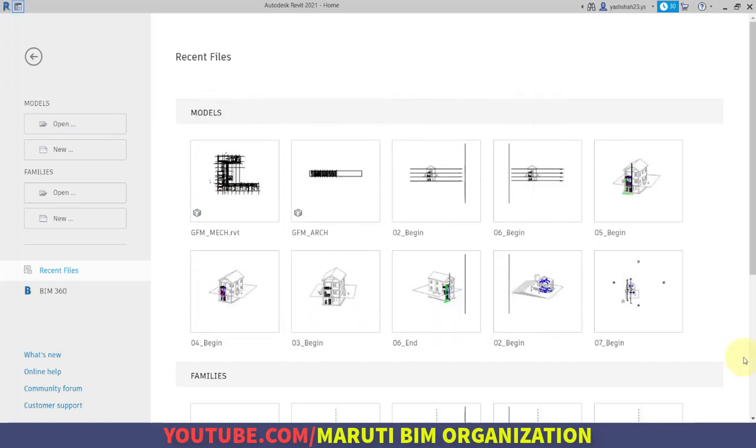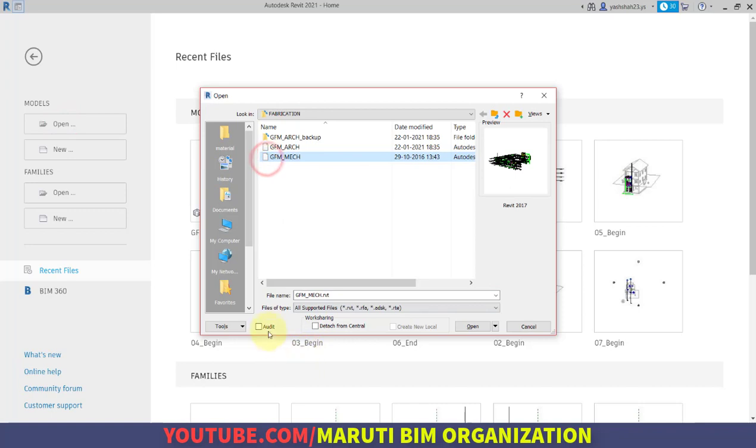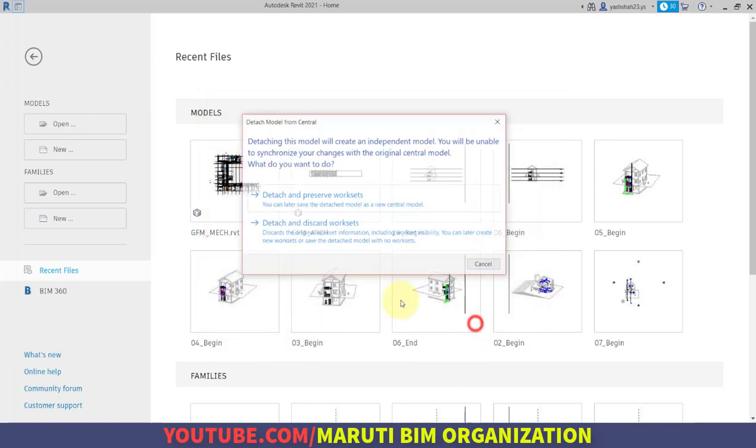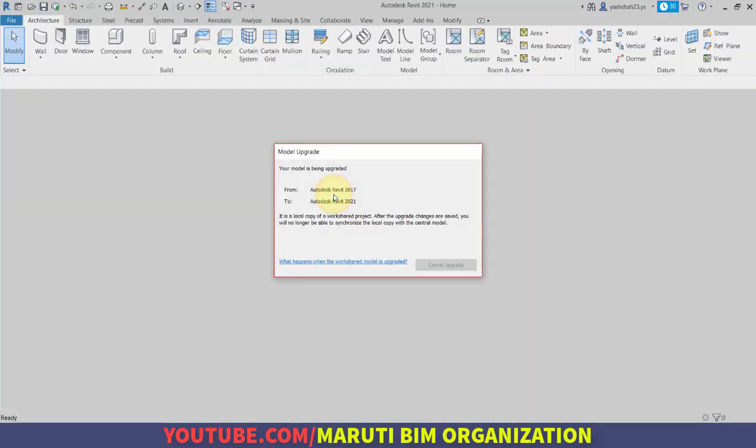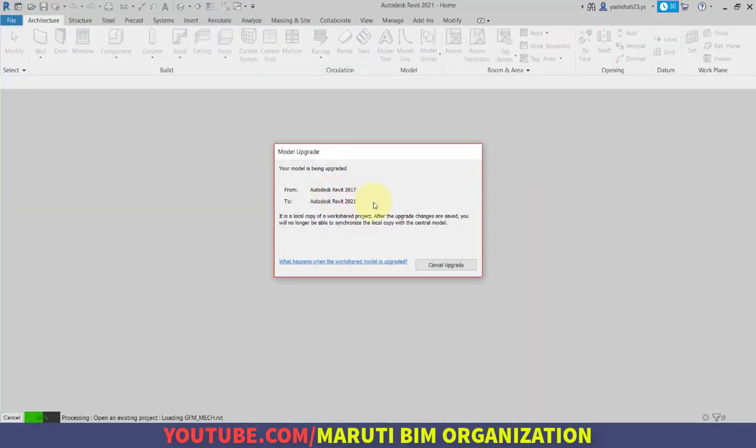Now we will do the same process for the mechanical file. Click on open, select mechanical, and make sure both options are ticked, and detach and preserve the worksets. So what we have done is we have opened the architectural file and detached that file from the central model, and we have opened the mechanical file, and we are also going to detach that file from the central model.